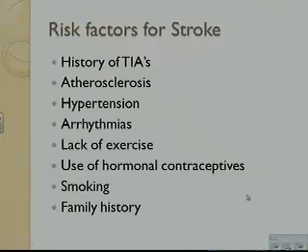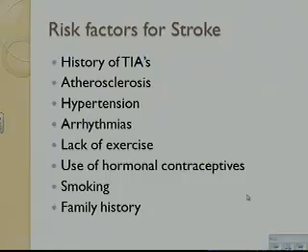Like I said before, a risk factor that we cannot change is age: as you get older, so does your risk for having a stroke. They say that once you turn 55, your risk of stroke practically doubles every decade. That's something to keep in mind too. I can't change that, so if I'm getting older, I need to watch the other risk factors.